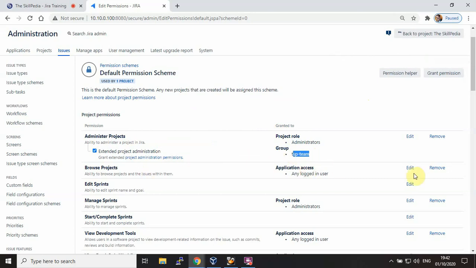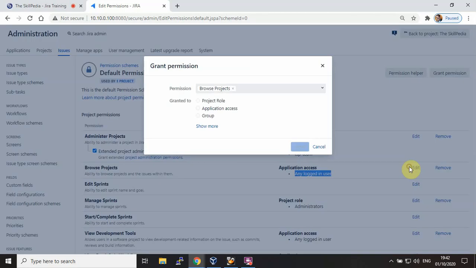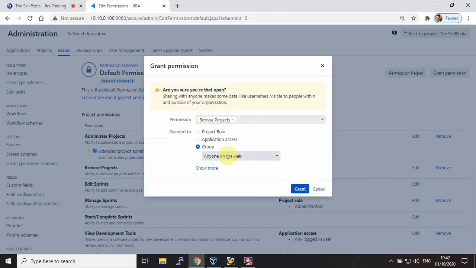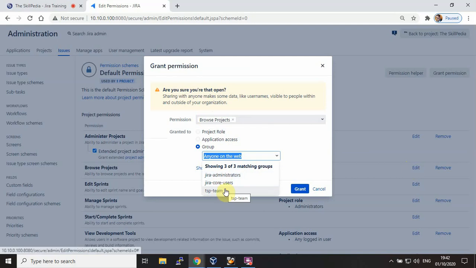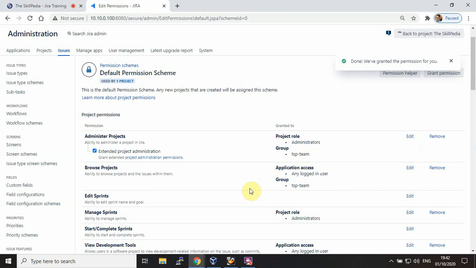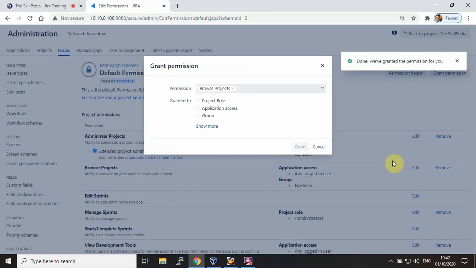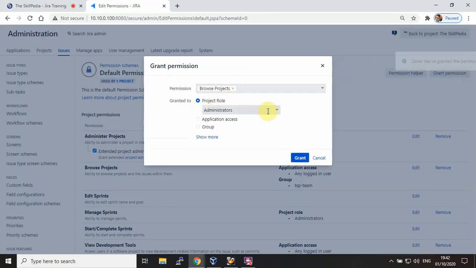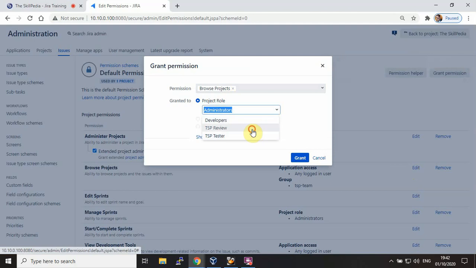Similarly, browse project is assigned to any logged in user. We are editing it. Browse project, we are assigning it to the group which we created. Group is let's say TSP team. Grant it. Also we are assigning it to the role, let's say project role, and the role we are assigning is TSP review.